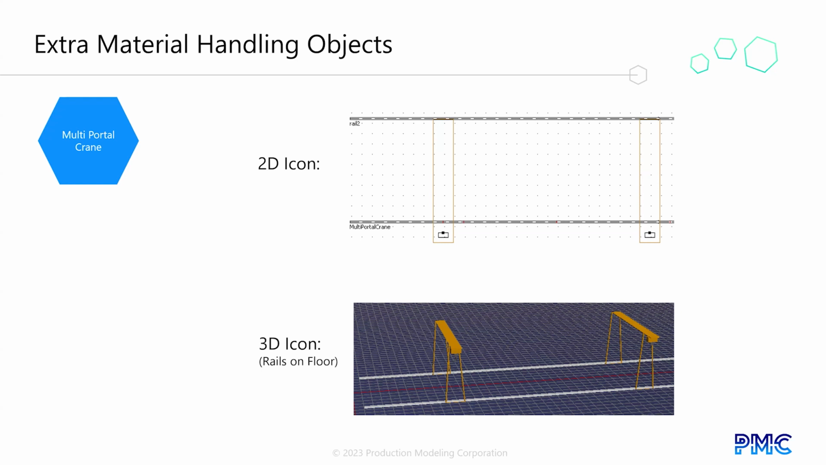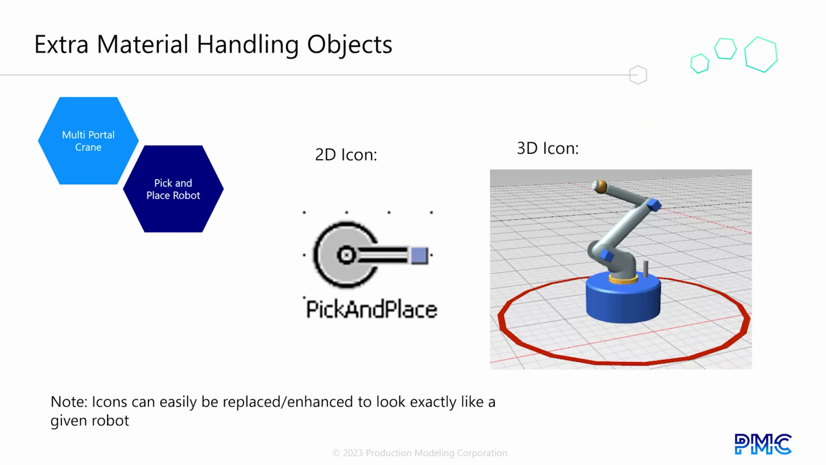This could lead to bad and/or costly decisions. The same holds true for the modeling of a pick-and-place robot. The pick-and-place robot rotates to a station, picks up a part, then rotates to another station and places it in that station. In products that do not have this object, a simple pick-and-place movement can be modeled with a station